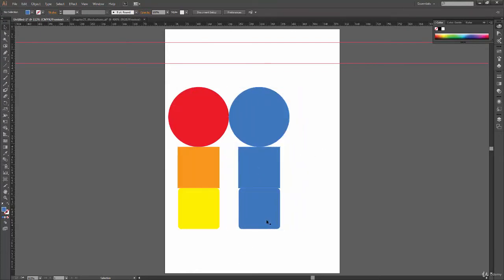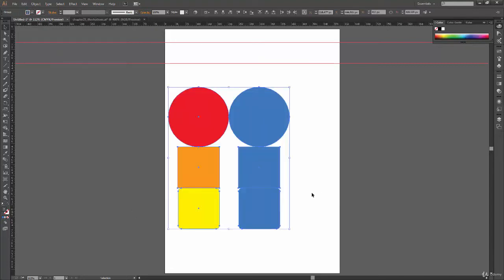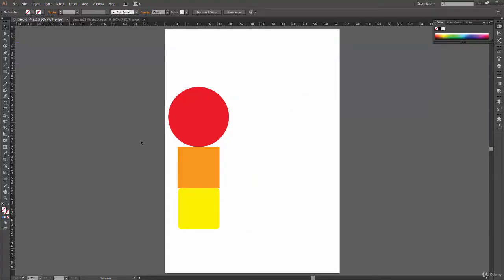So we have these two shapes, two groups, and this time we are going to hide them together. Select these two groups together and press Ctrl 3 to hide them. Press Ctrl Alt 3 again to unhide them. Okay, that was fairly simple. Now, since grouping works with guides, hiding and unhiding will work with guides too. So you can actually select all your guides and press Control 3 to hide all your guides.